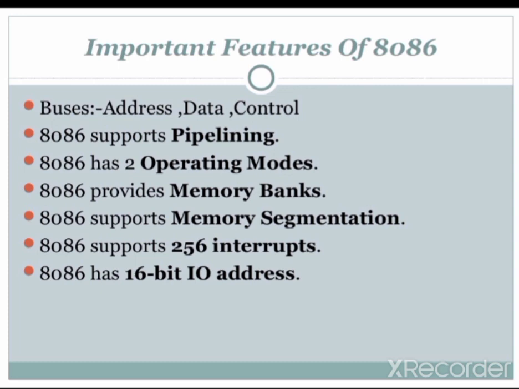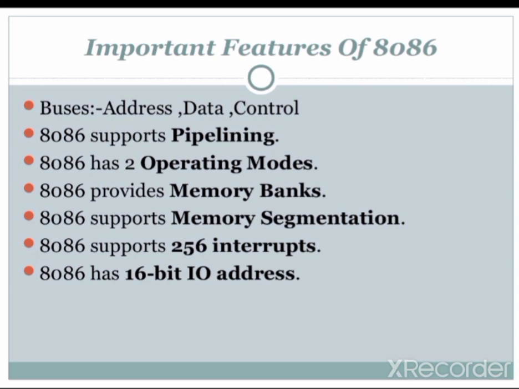Then 8086 has memory banks. Then it supports memory segmentation, means it has a very large memory, and it supports memory segmentation. Because of that segmentation, large memory is divided into segments, so that we can easily use different parts of segments, or we can say memory segments, as per our requirement. It supports 256 interrupts. Also it has 16-bit input output addresses. So basically 8086 is a 16-bit microprocessor,